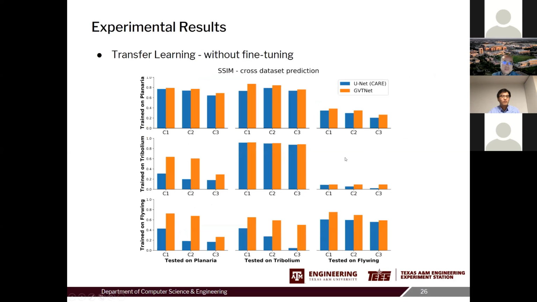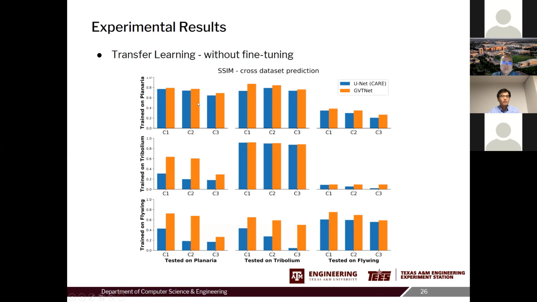So what we have been doing here is, for example, we take these three different biological data sets. The horizontal and vertical axes represent the training and test of the three biological data sets, and here we don't do any fine-tuning. So basically that means we train the model on one data set and then perform prediction on another data set.